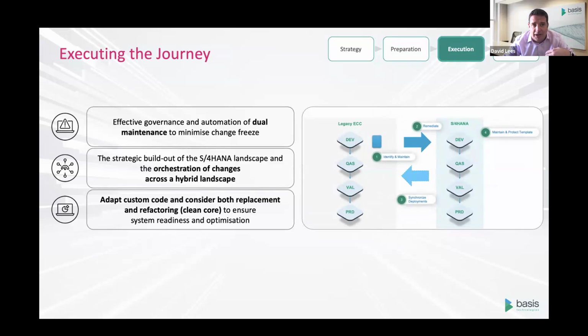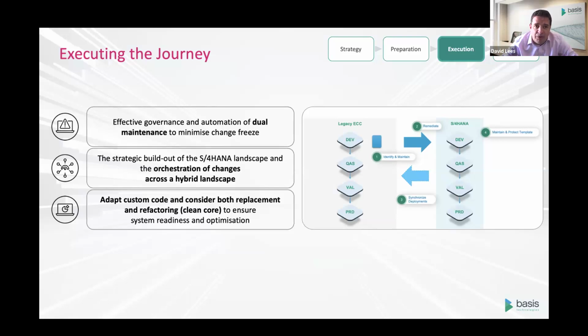Is that going to be a copy of your existing ECC dev system, or are you going to copy your existing ECC production system, whichever way you go? Or if you're looking at hybrid, some kind of shell in which you'll copy the system but drop all of the data from that system in order to have a blank sheet to some extent, but still retaining all of your custom code that you still have left, and all of your configuration and customizing to then bring across the subset of master data and historical data that you want?